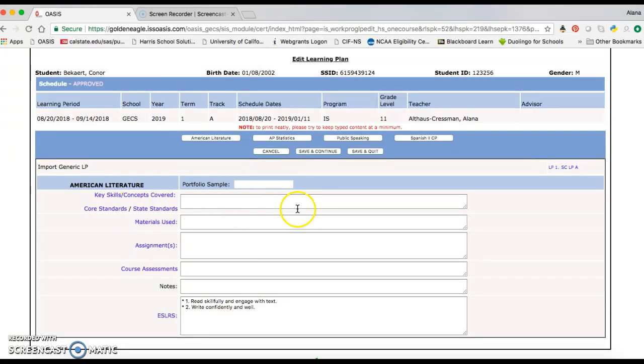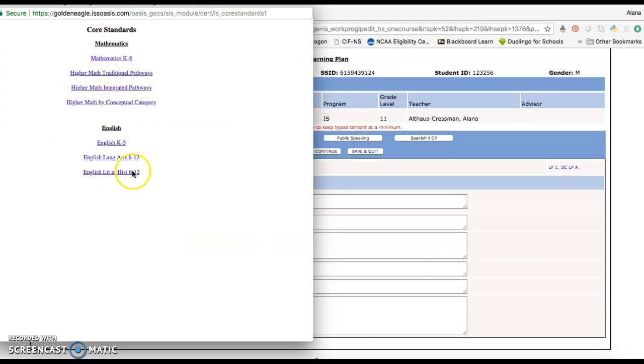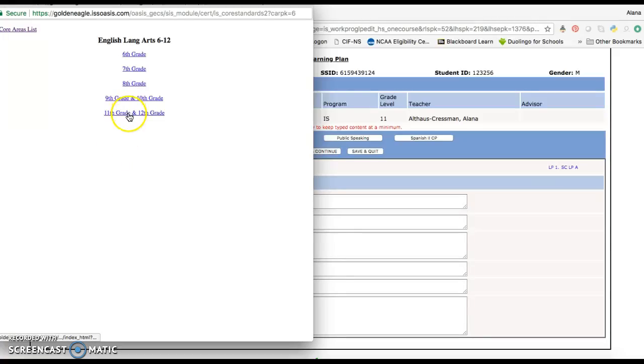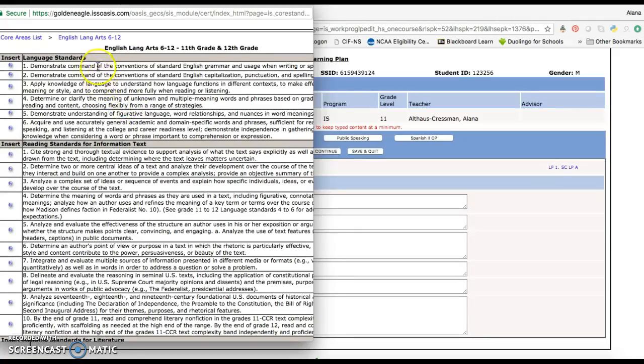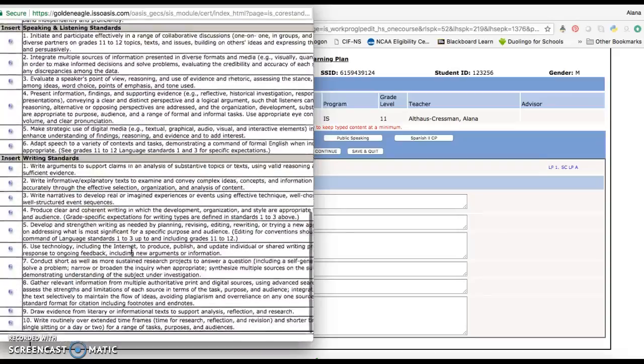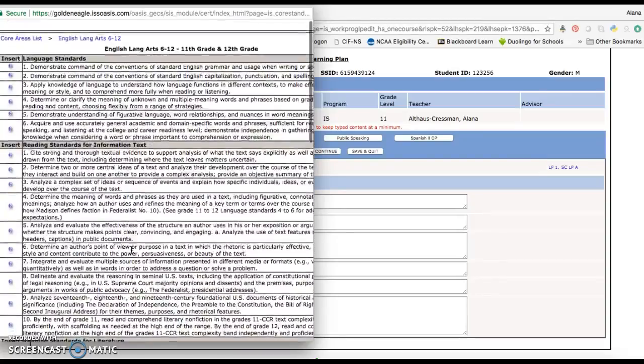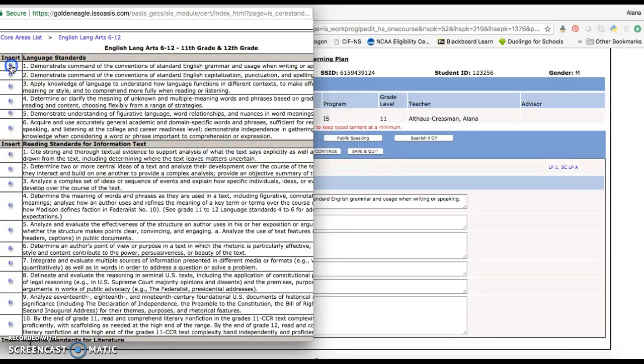To enter the key skills and concepts for English and math, you're going to click on the Core Standards button, which will pull up the Common Core Standards. This is English Language Arts for an 11th grader, so I will click on English Language Arts 6-12, 11th and 12th grade, and then from here I'm going to choose the standards that he has been working on this learning period. So I'll choose some of these, and as I click the button, it automatically puts it into the learning plan. Once I've chosen the standards, I'll close this box. There's a little red X up there